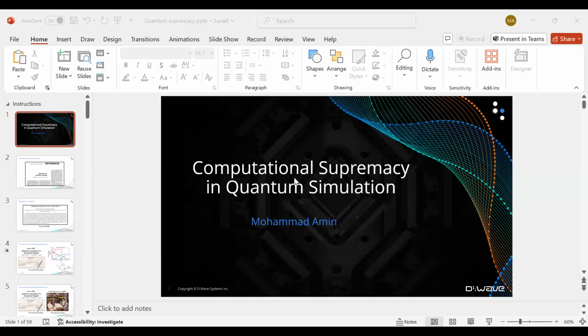And L is a linear dimension. It's not the number of qubits. So if it's 4, it means 4 by 4, 16 qubits, or 6 is 6 by 6, 36 qubits. And so now what we observe is when you plot chi-Q as a function of L, it is linear. For all problems, all sizes, it is linear.